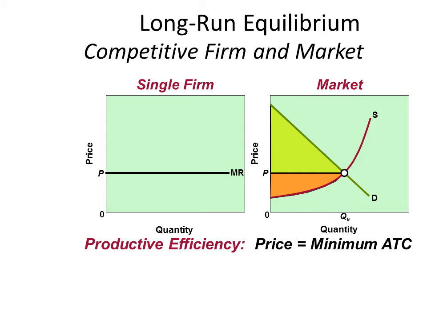First, a definition. Productive efficiency: produce a good or service at the lowest possible cost, which means use the least amount of resources necessary to produce a good or service. So, productive efficiency, price equals minimum average total cost. Let's think about what this means in relation to a purely competitive market and why each firm continually updates its approach to controlling costs in order to maximize its profits in the long run.